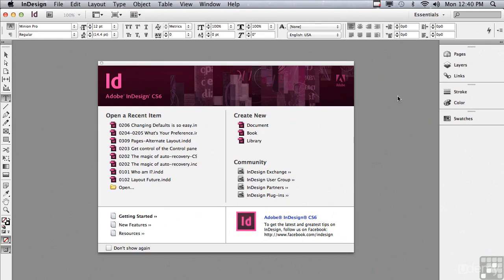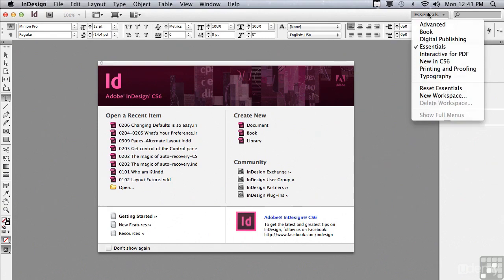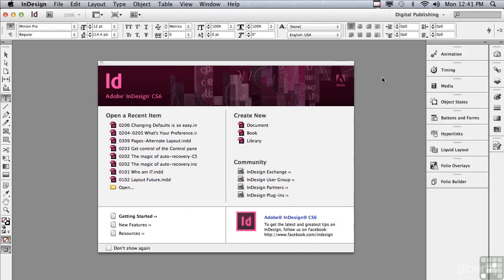Why do you need to save your own custom workspaces? Well, you probably work on different kinds of projects, and if you want to work efficiently on each kind of project, you're probably going to have a workspace for that kind of work. If I'm switching from one kind of project that I'm doing in the morning to some other kind of project that I'm doing in the afternoon, I can have all the panels that I need instantly just by choosing